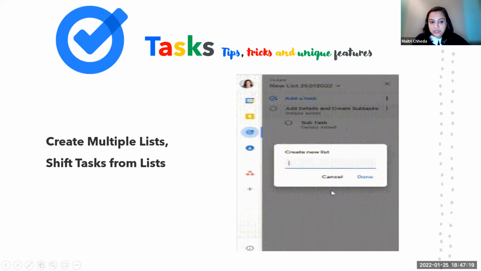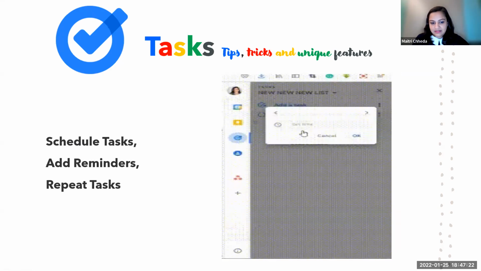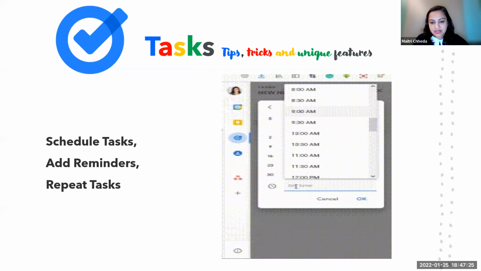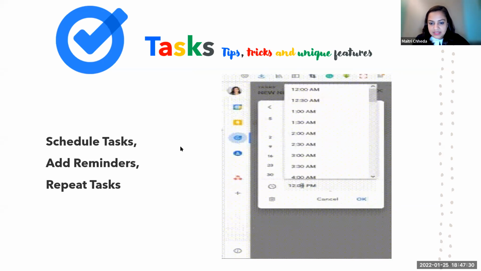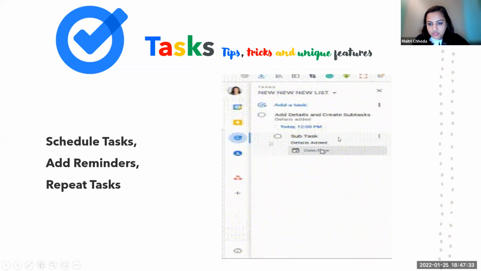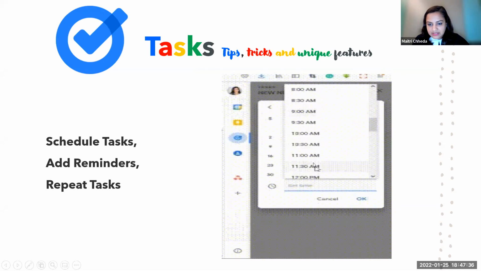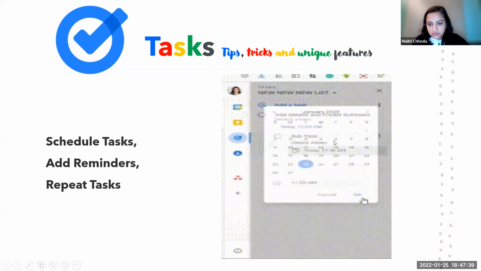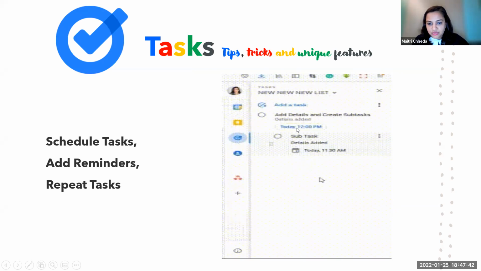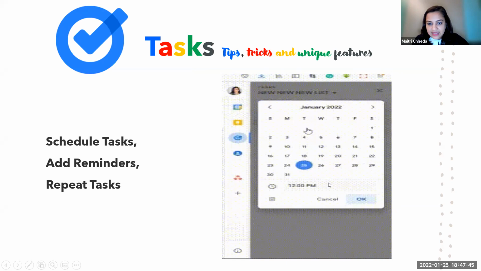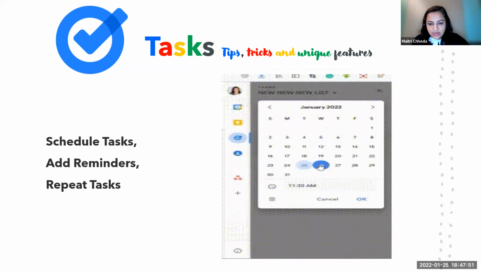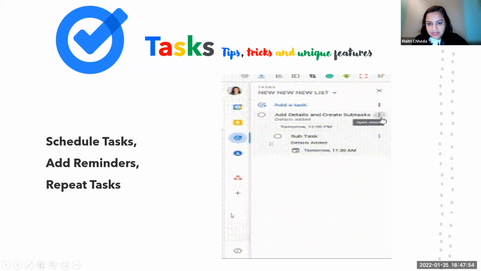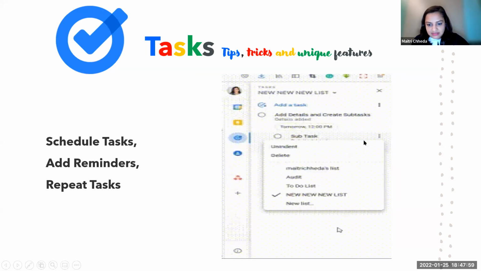Okay, then you can schedule the tasks, add reminders, and repeat these tasks. Maybe you say that I want to repeat this task every day, every week, or maybe on every Tuesday of a week. You can do that. Basically, you have a calendar option. You select, and you have an option of repeat task, and you simply repeat task. That's it. This is the scheduling you do. Okay, the task has been done. You have created a schedule for this task and this. That's it. All right. And you add reminder and you repeat the task. To repeat, basically you have an option of repeat, and yeah, that's it.